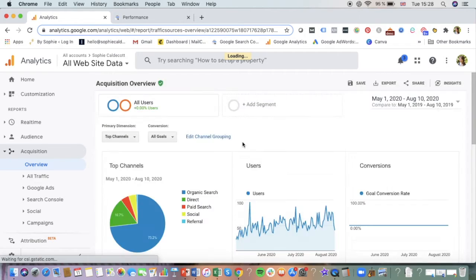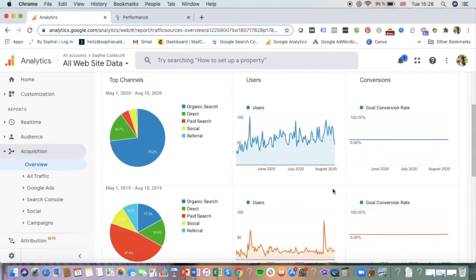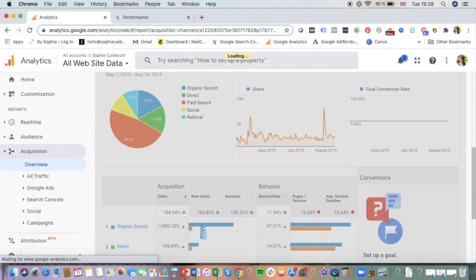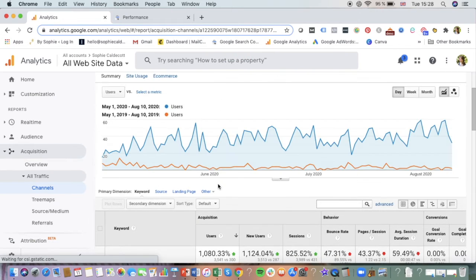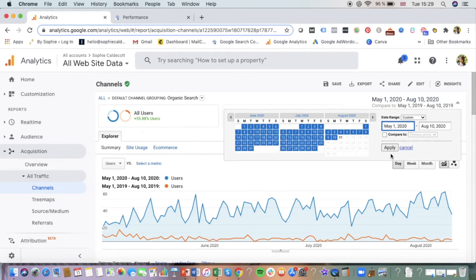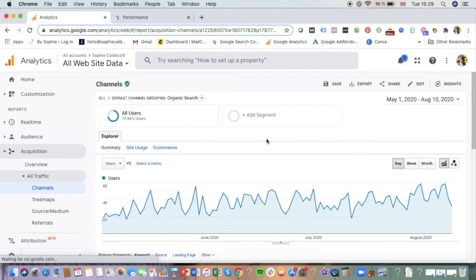Okay, so then when you set that, you should see what your traffic has been, and you can see how you've grown, which is always fun. And so if I want to look at the top referrer for me, organic search, we can then click on that and see how that's gone up. So you can see that it's gone up a lot over the past year. So that's all good things that you can dig into. So I'm going to just turn off that comparison now, because that's going to make all the data a bit